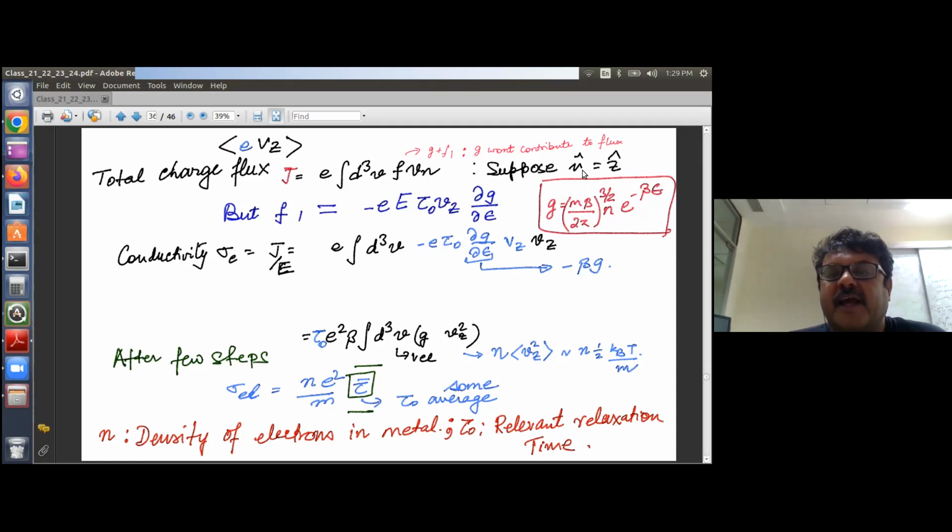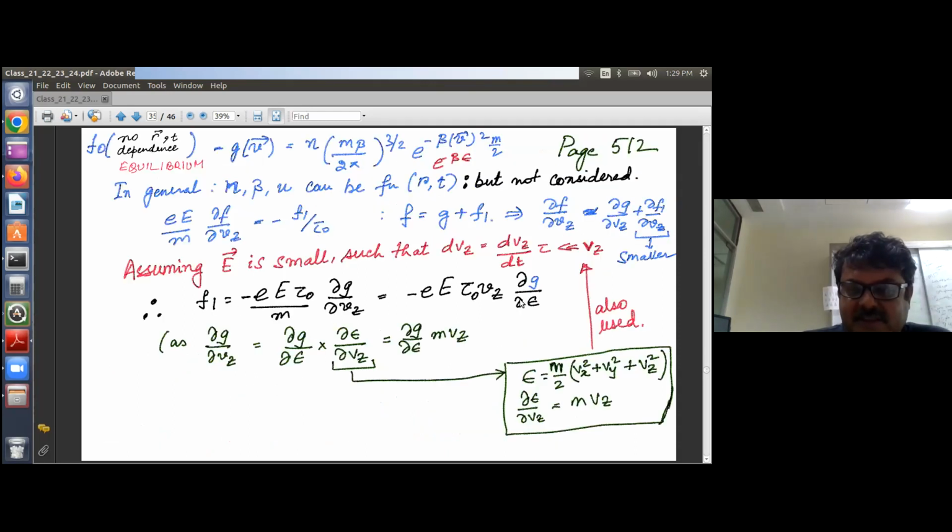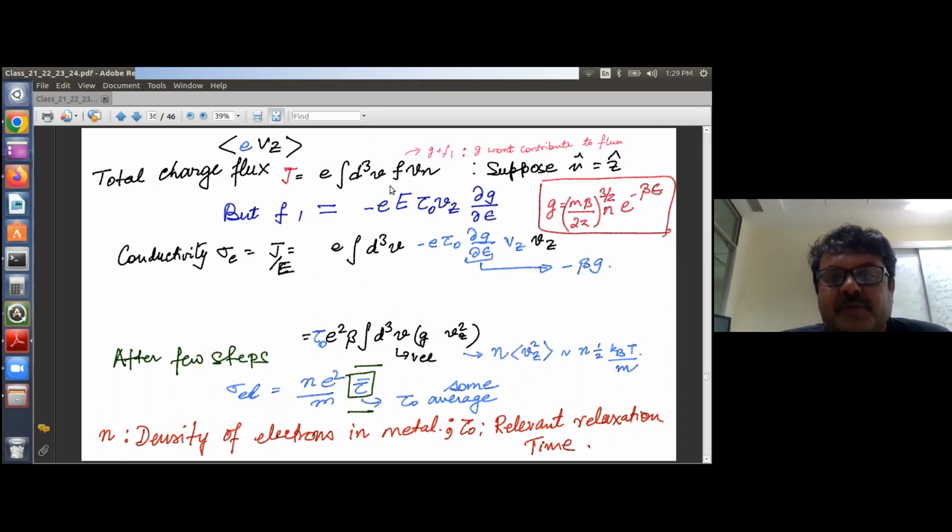Now suppose n hat is equal to the z direction, but we have written f1 as this term. So when we are calculating the flux, we can write this